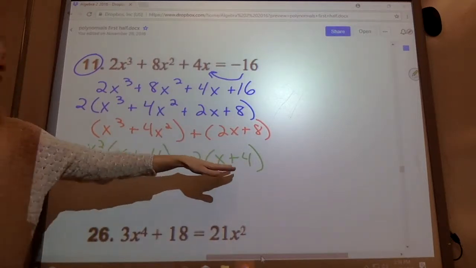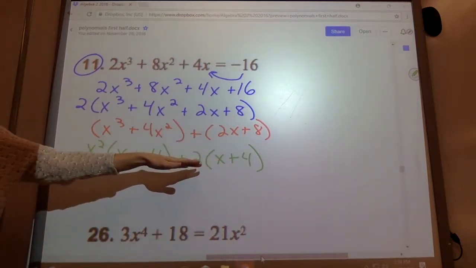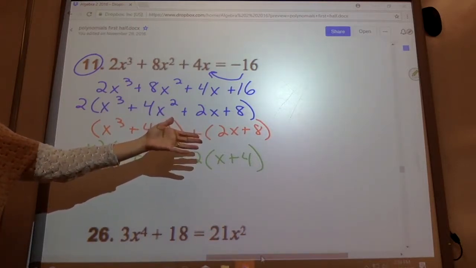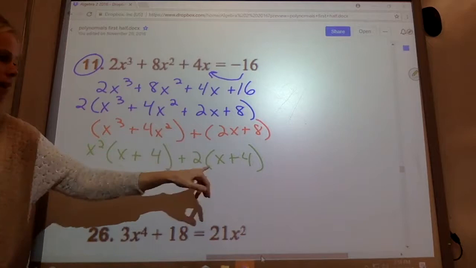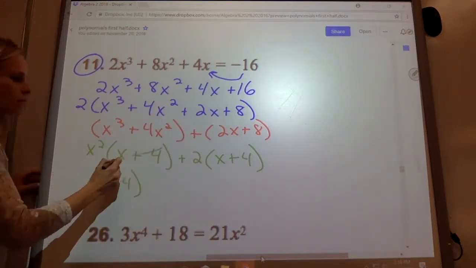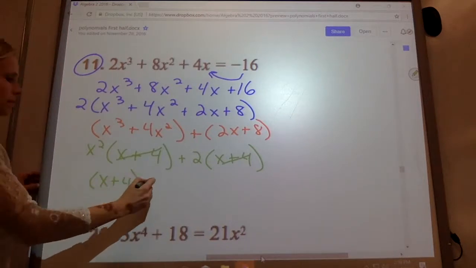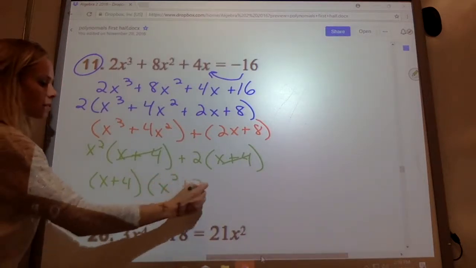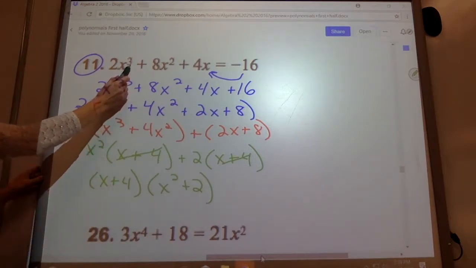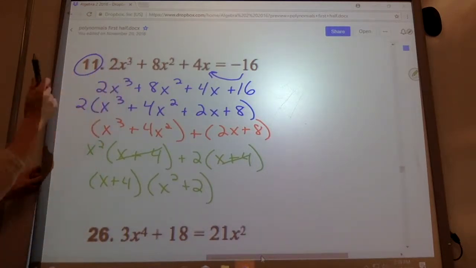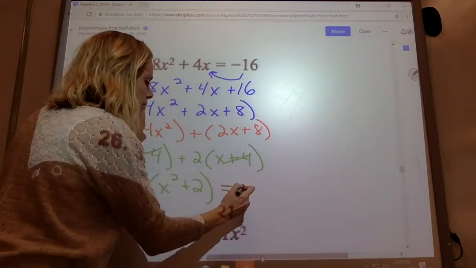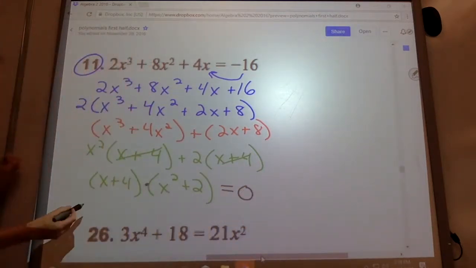If that doesn't happen, you can't factor by grouping. So either you did something wrong or it's not factorable by grouping, okay? So you should have a common binomial that I can factor out, and once that's factored out, what's left? X, or yeah. Okay? Now I need to find, this is a cubic polynomial, so I need to find all 3 roots. So if this says equal to 0, and this is where I'm multiplying,